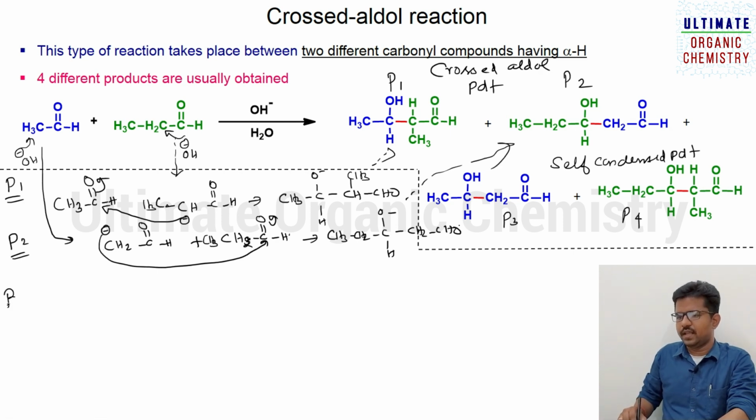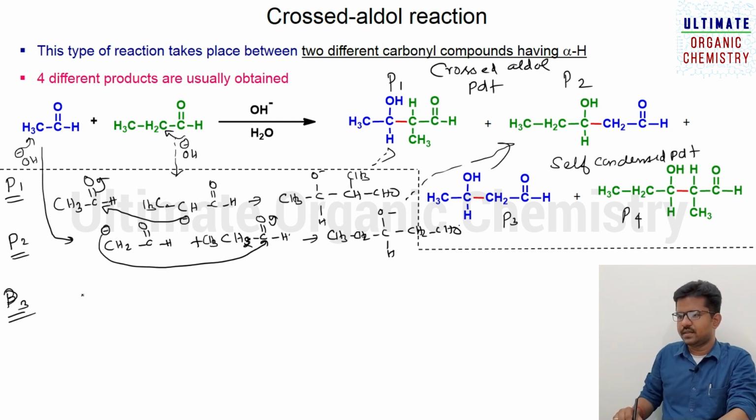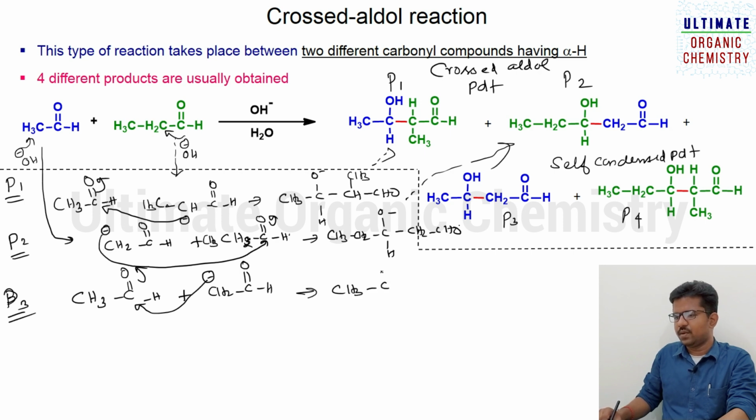So now product 3, you have self-condensation. That means this CH2 minus is reacting with another molecule of acetaldehyde. Here you have this CH2 minus carbanion attacking here. The electron moves towards the oxygen atom and provides CH3, CO minus, hydrogen atom. Here I have CH2, C double bond O, hydrogen atom. So this is product 3, and the product 4, what you have is